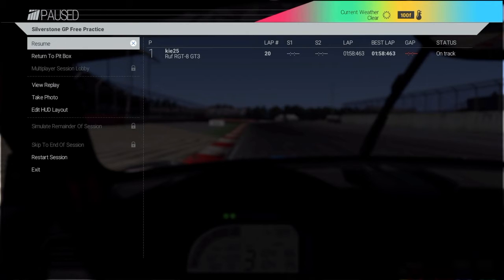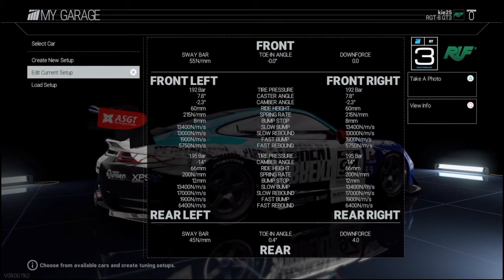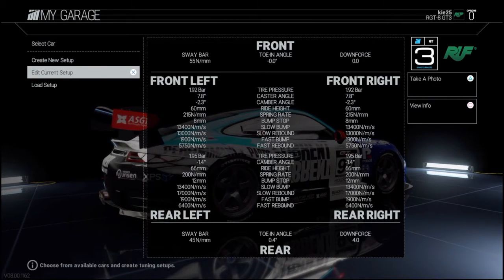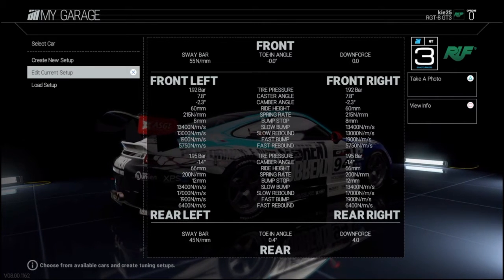I mean 58.4 is not a bad time with no assists, but considering the limited practice I had, it's not a bad time at all. Okay, so let's just quickly go through the setup and note a few changes that I've done to this setup